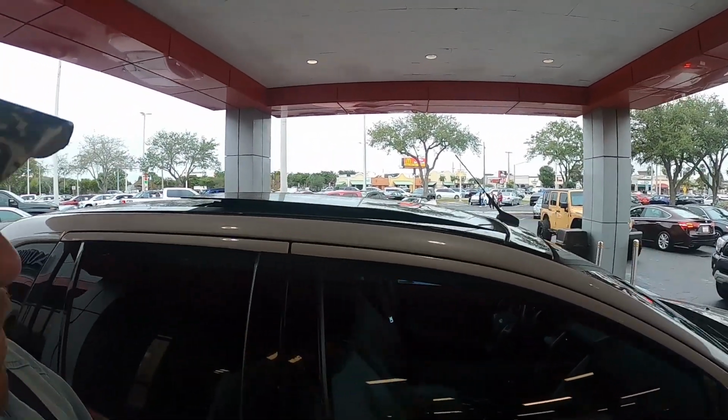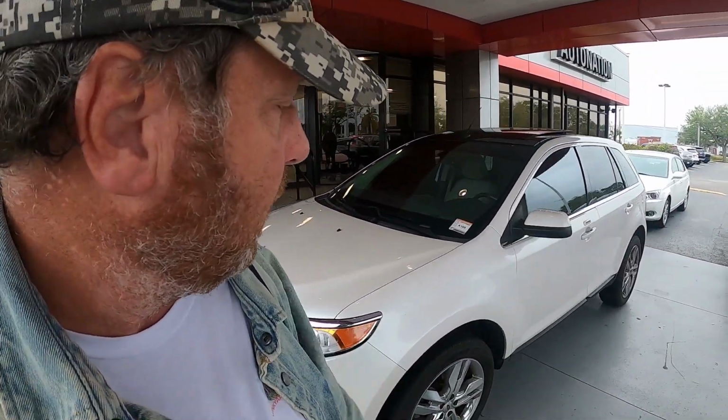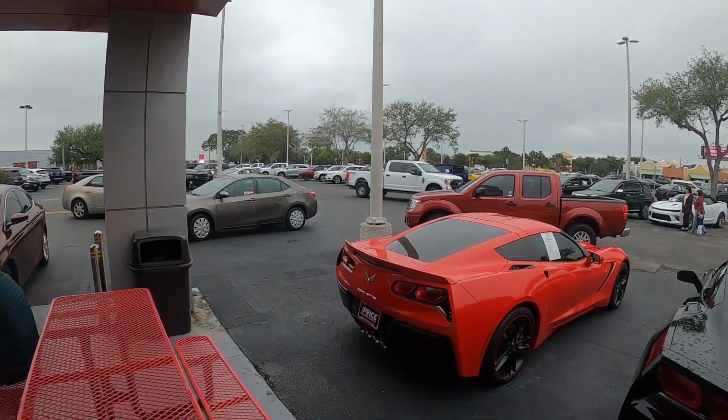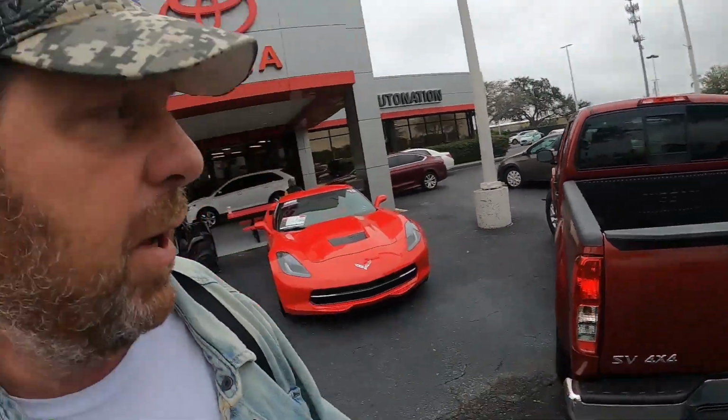So anyway, this is goodbye to the car that you guys have seen in all the other videos, in 295 videos. So we're saying goodbye to the Ford, and then we are getting this Nissan four-wheel drive, because it's got a tow package on it, and that's what we're doing. So we're getting a tow package with it. It's four-wheel drive. It's a pickup truck. It's got a back door so we can put Braden in there, and